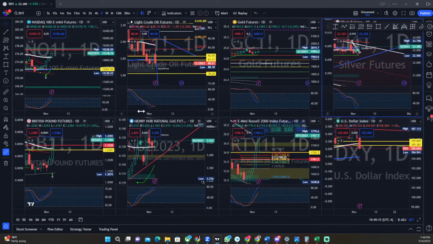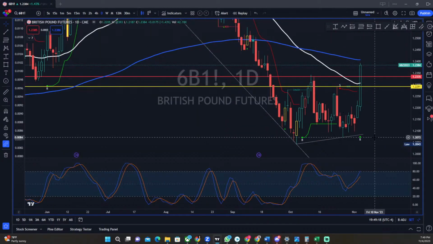Anyways, moving on. British pound. The way it works is if they go up, we go up. If they go down, we go down. Hence the reason why the dollar is falling right now. That means the British pound is pushing up. So this is a nice, healthy push to the upside for the British pound.